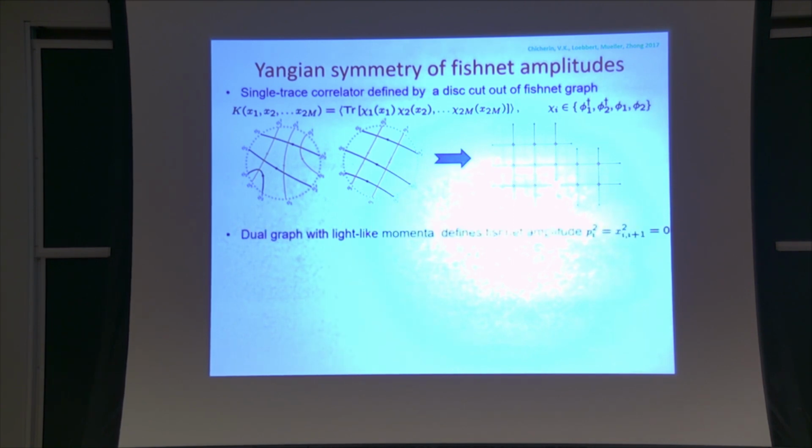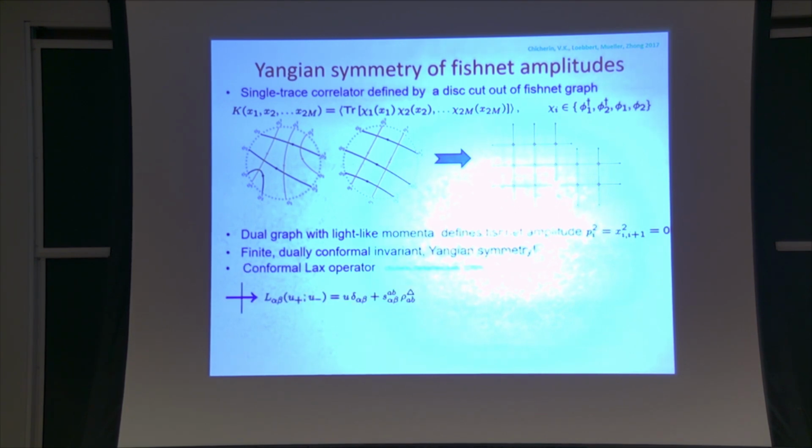And then we found that the dual graph with light-like momenta, where you take momentum p_i, which is a difference of 2 x's, x_i minus x_{i+1} on the light cone, gives you an amplitude in an appropriate limit. And this amplitude, or even this single trace correlator, is finite and dual conformal invariant explicitly, and they obey Yangian symmetry, as we noticed a couple of years ago. Namely,